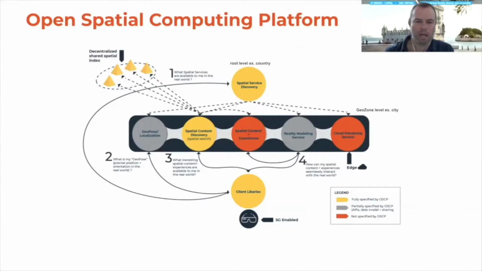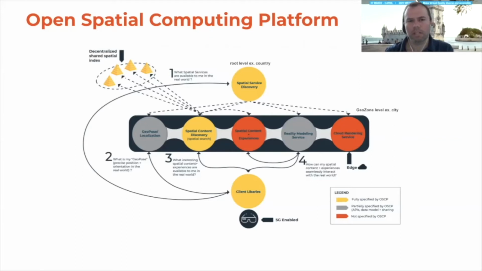For these, our focus is more around the interoperability rather than the actual internal implementations. So we focus on the data model, the APIs, the data exchange, but there may be a whole range of different implementations from proprietary implementations to open implementations. And this is the case for services such as Geopose and reality modeling.